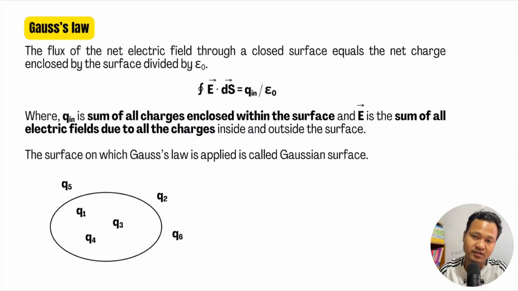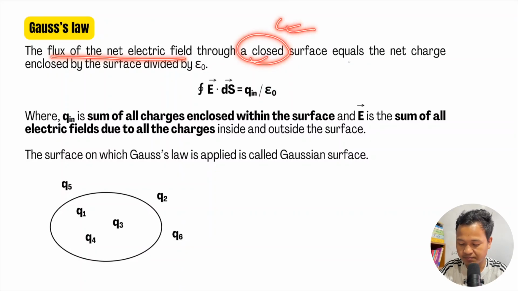So the electric flux is here. Now we have something called Gauss law. It is used where electric flux is involved. The Gauss law statement: the flux of net electric field through a closed surface